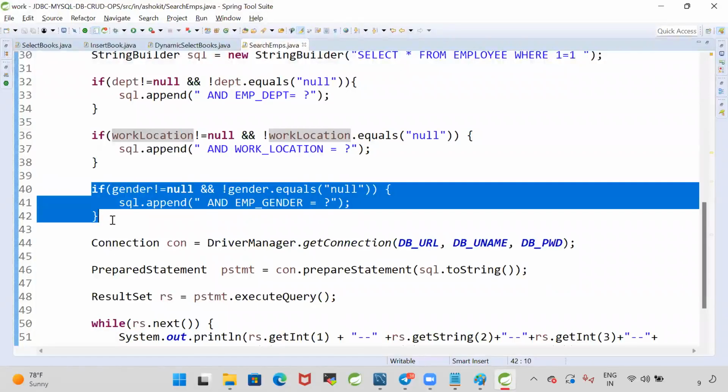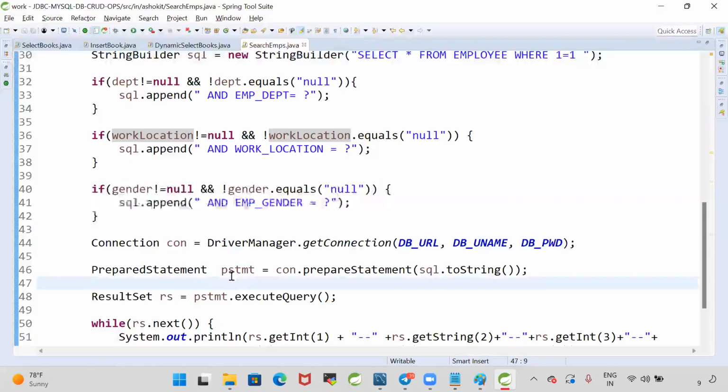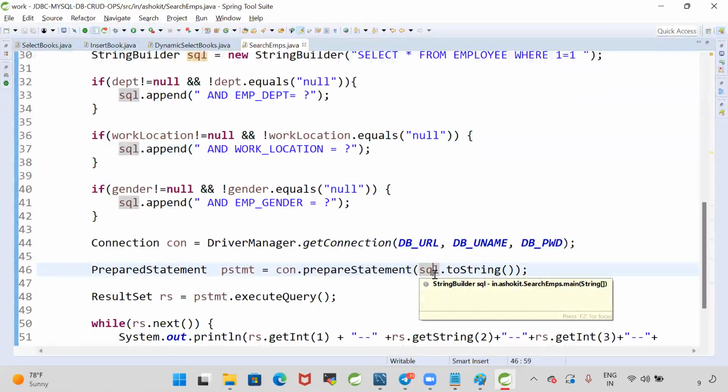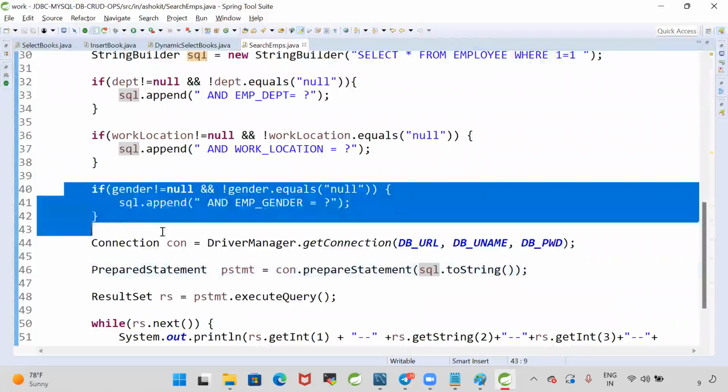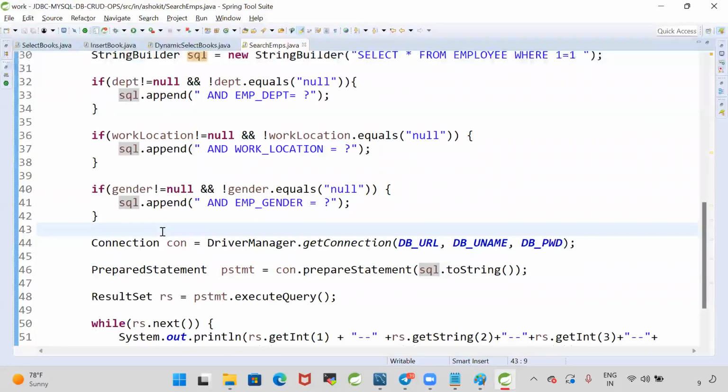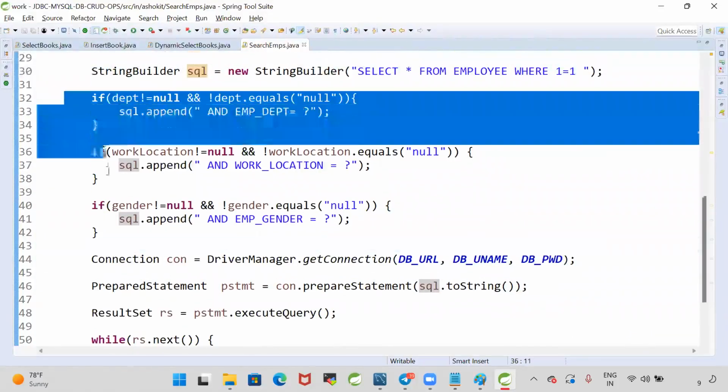What about the indexes? Indexes will not always be the same. Our indexes will change based on the given value. Suppose a user enters only department, then department should have the index at the first position. If a user enters only work location, the index should be at the first position. If a user enters only gender, the index should be the first value. If a user gives only 2,